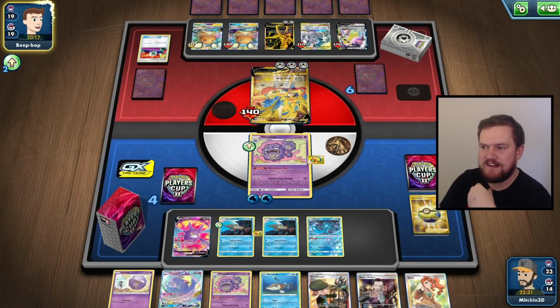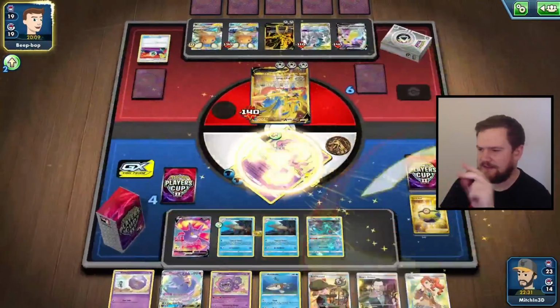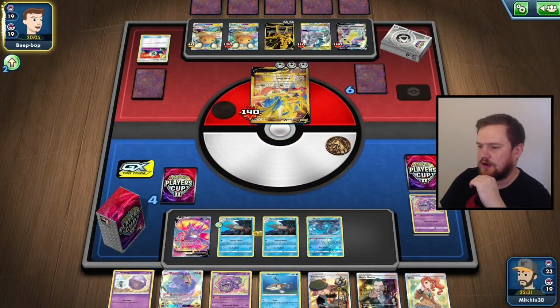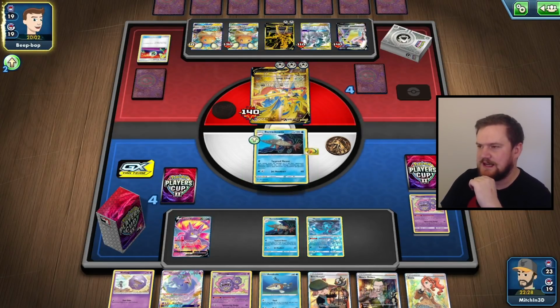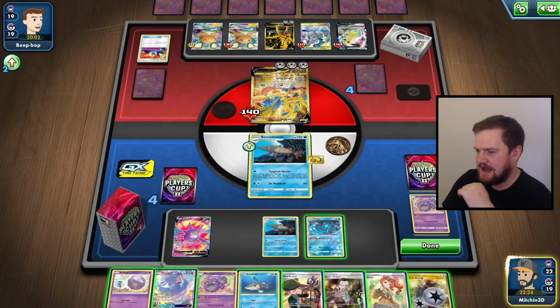So do they Brave Blade here? They may just Brave Blade. They do? Okay, so they're going to take 2 prizes. We are ready and raring to go here. We could probably play the Oricorio down now if we want to, but I don't know if I want to risk it. Giving them extra cards off of prizes is not usually the way that you want to go about these kind of things. Let's promote Barraskewda, and now we can play...